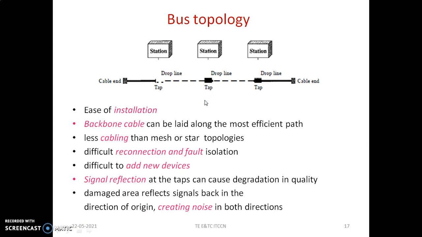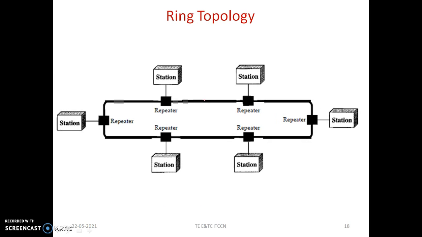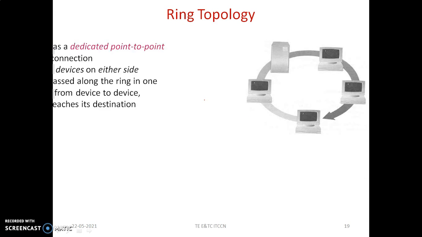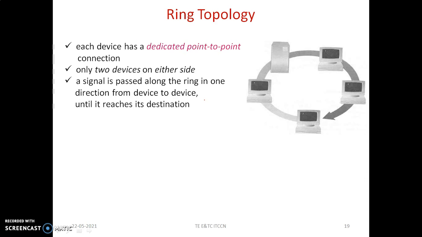So next, moving ahead towards the ring topology. The ring topology structure is like this, wherein it is connected through different nodes, and if you observe, every node is connected with two other nodes on both sides of that particular station or node. For the connection we use repeaters that regenerate the signals to avoid degradation of the original strength of the signal. This is another pictorial representation of the ring topology. It indicates each device has a dedicated point-to-point link connection.